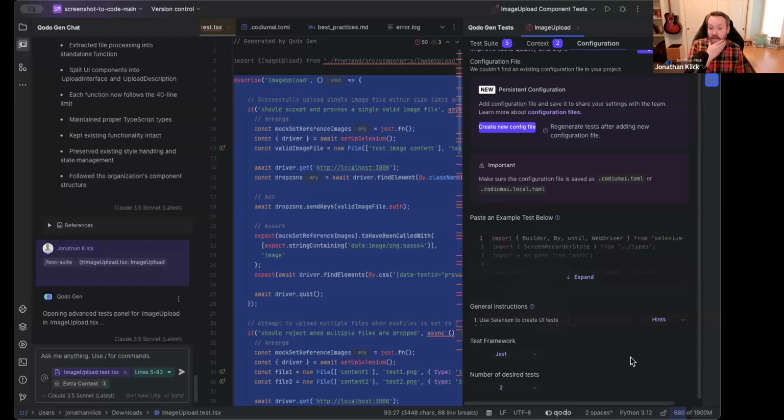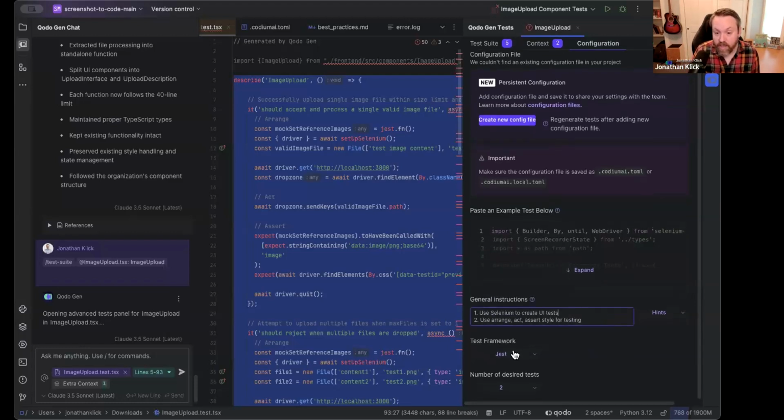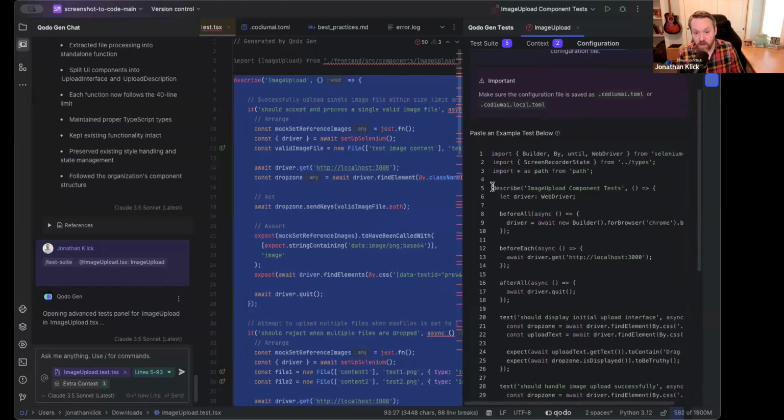The other thing that I would highlight as part of this, though, is there's testing frameworks like these, but since this is also a web interface, a TypeScript application, we also offer the ability to do other types of tests. So, for example, functional tests. In fact, you'll notice that in the configuration here, while I am using Jest for asserts and whatnot, the reality is I've actually used the configuration here and told it I want to do Selenium based tests for functional or UI testing. And I've also included examples of what I feel are good tests for this particular scenario.